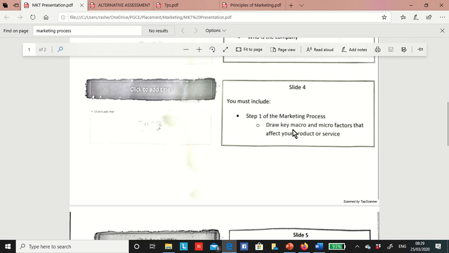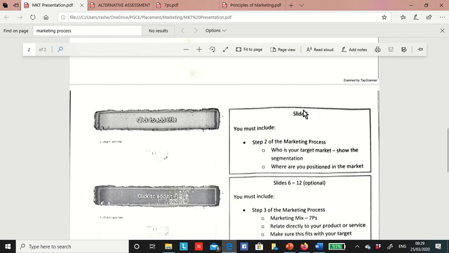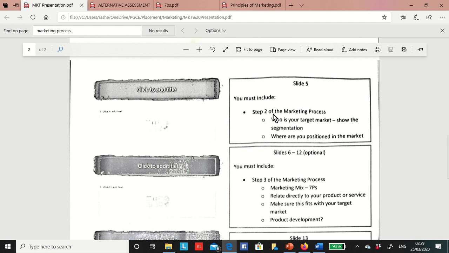Then the next slide you'll have to discuss the marketing environment, where you will discuss the macro and micro factors that affect your product or service. Next slide you will discuss the marketing process. So who is your target market?